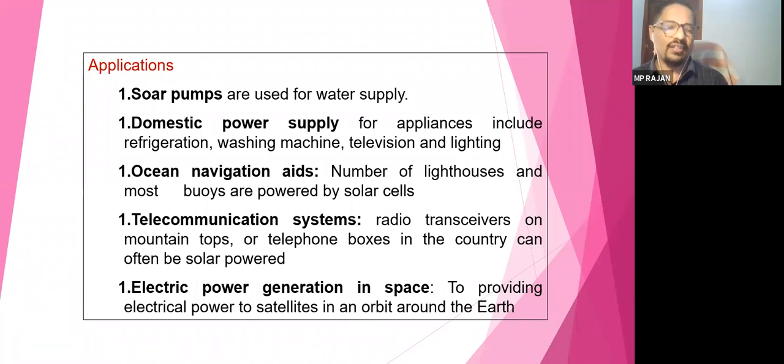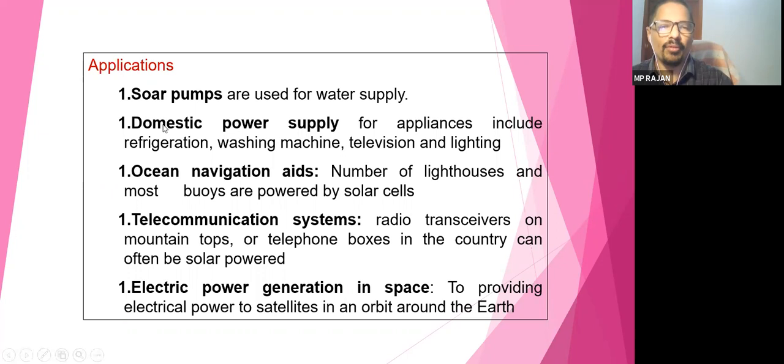So some of the applications you can see here, but these are not the limit. Okay, everywhere. In the first slide you have seen a camel carrying a solar panel. It is carrying a medical kit, producing electricity to cool the kit. So like this everywhere: solar bus, solar train. Even you can fit a small solar cell on the back side of your carrying bag. It can be used for charging your mobile phone.